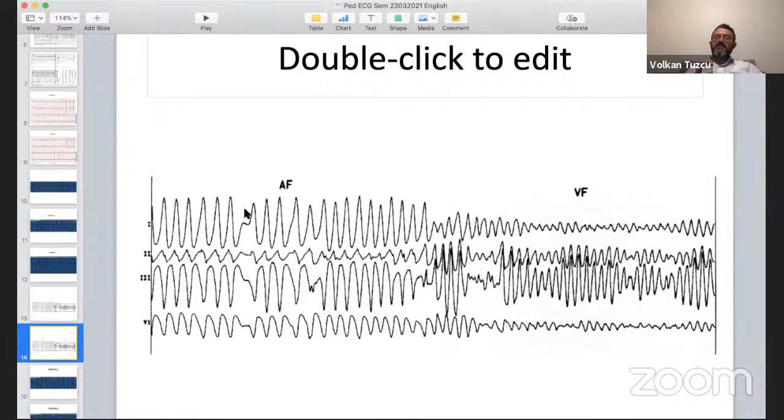You know, we were inducing atrial fibrillation, right? Very fast QRS, irregular, and same morphology. And it's degenerating into a different rhythm. Now, here it's atrial fibrillation, here it's ventricular fibrillation. This is how these patients die, actually. You know, if they go into atrial fibrillation, they can conduct really fast.